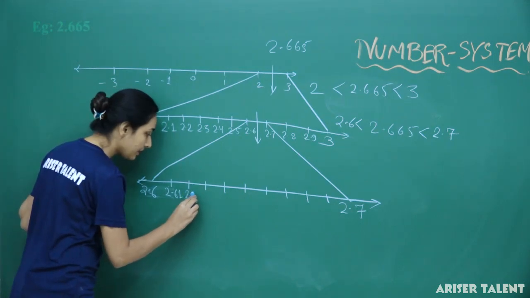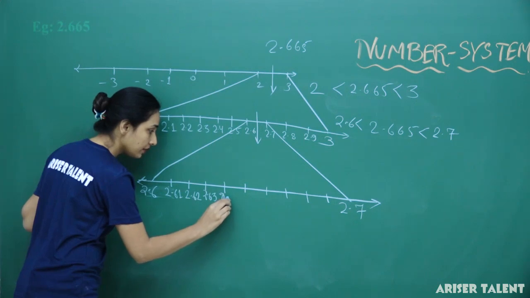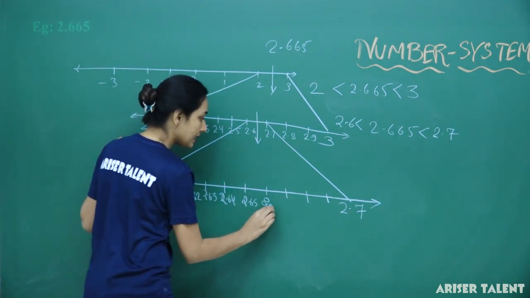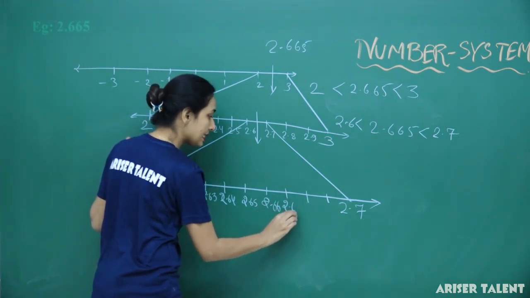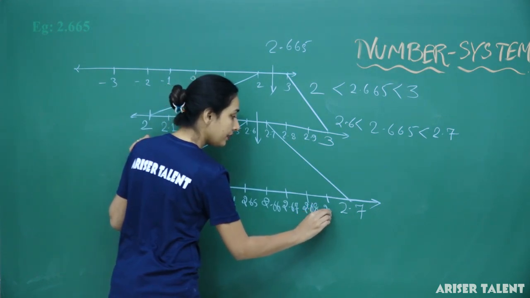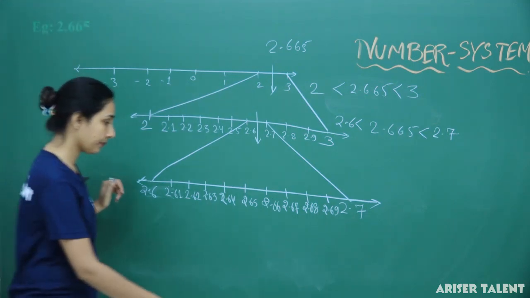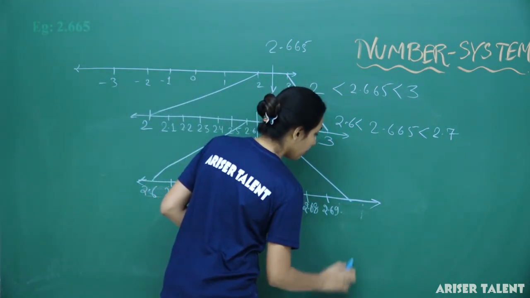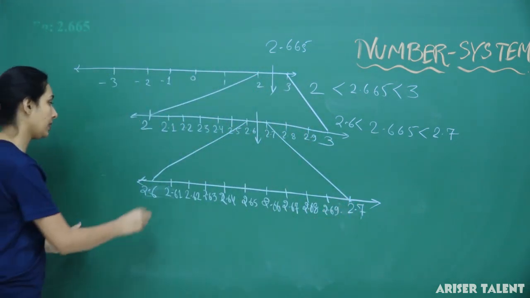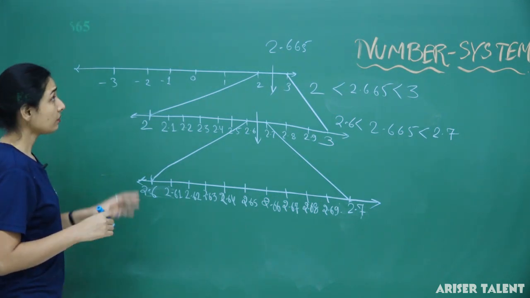Then that will be 2.62, 2.63, 2.64, 2.65, 2.66, 2.67, 2.68, 2.69 and then 2.7, okay, and then 2.7 here. So okay, now I am getting this